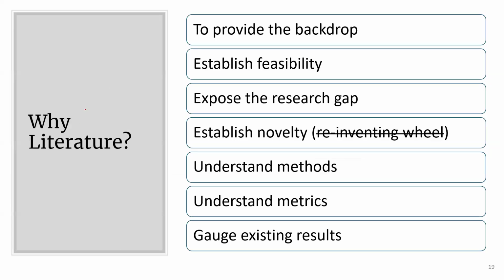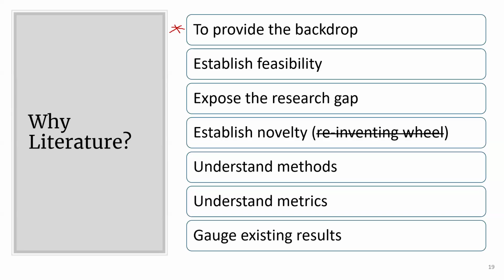Okay, so let's briefly talk about the purpose of literature search. So first of all, to provide the backdrop. So what that means is like an actor standing in front of the backdrop of a stage. Now the backdrop, as you may imagine, is black, but the actor may be fair and maybe wearing clothes that are different from the color of the backdrop. So because of the backdrop, which is our literature, the actor or your own work can be properly seen.